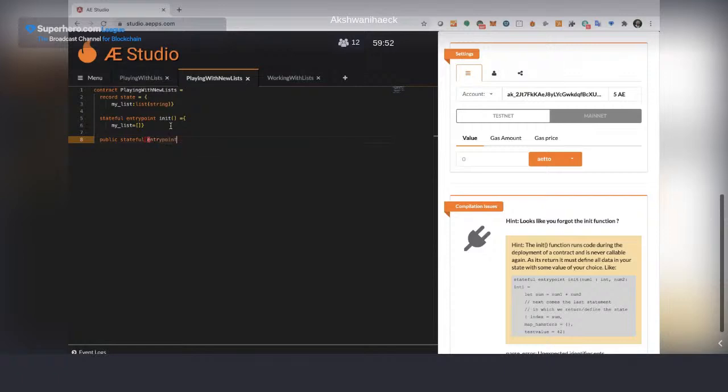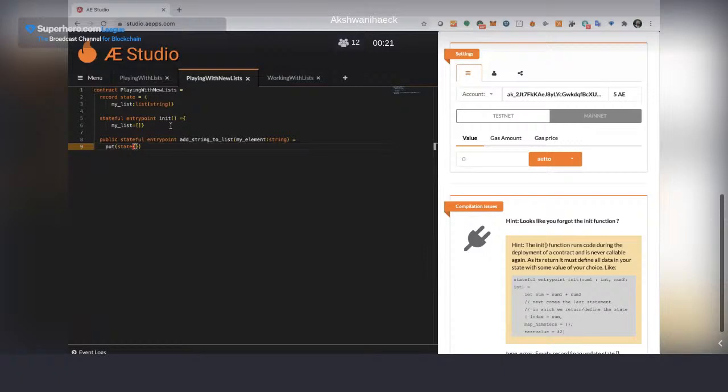So I will create a stateful entry point. I can call it add string to list. My element is going to be a string. There is no return, but I'm changing the blockchain here, and I will put on my new state the new list.